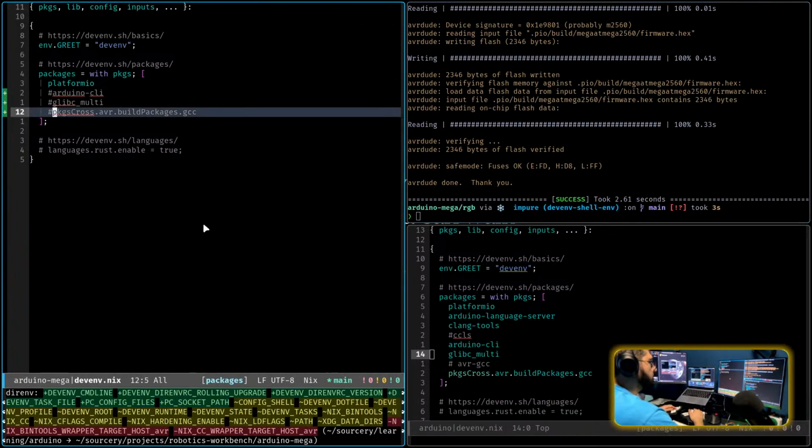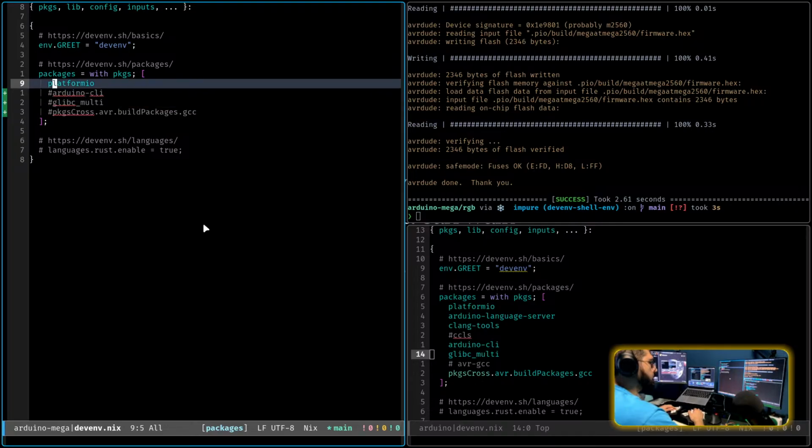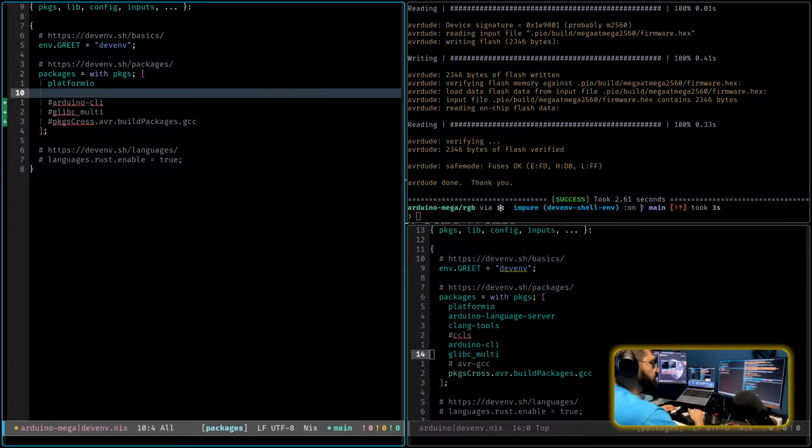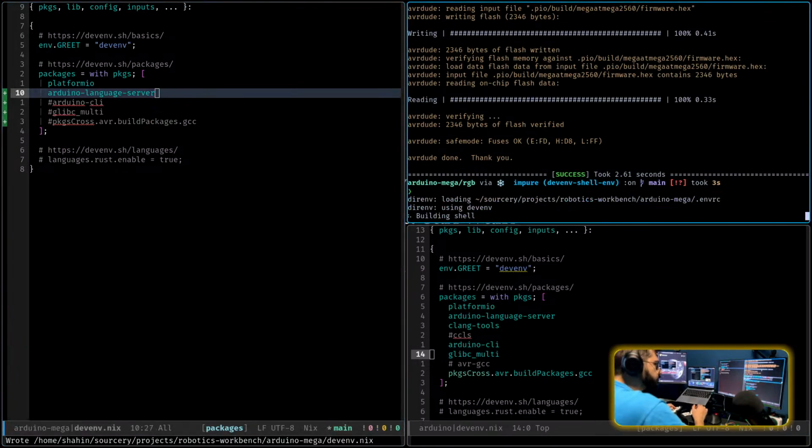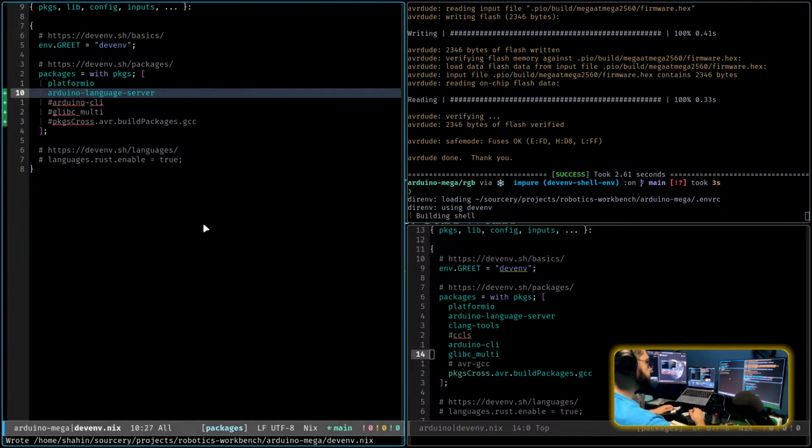Yeah, even without that, it's working well. So for now, I will just leave them commented out. Arduino language server is the only thing I'm going to use. And Clang tools, I'm not sure if I need that. Right, and that being said,